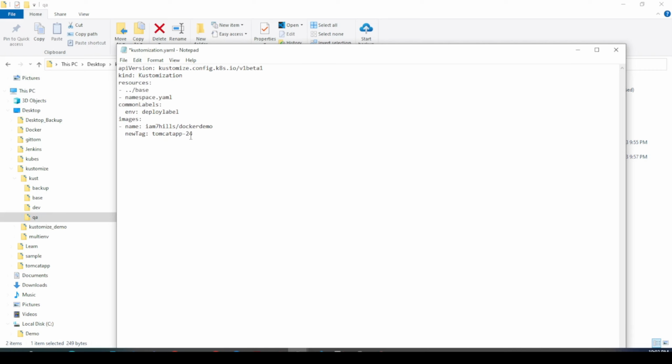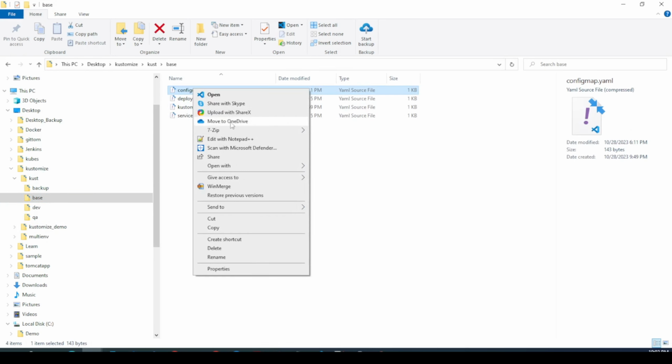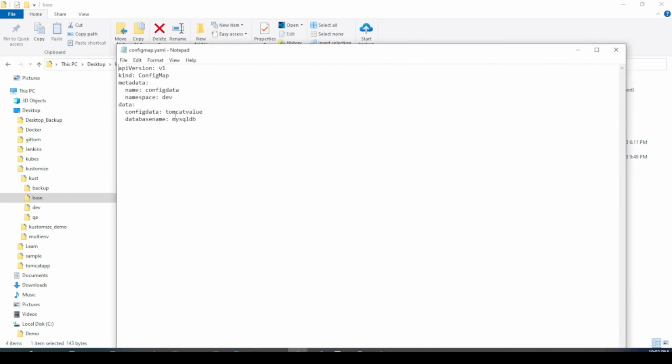Okay, and remove all this entry, and then namespace: QA. Okay, but I also referenced these namespaces in my respective base YAML files, so I'm going to modify that as well. Here, if you see, I have given namespace as dev. I'm deleting that,